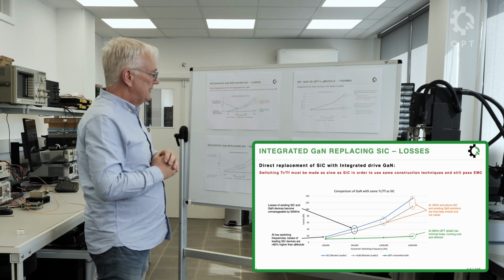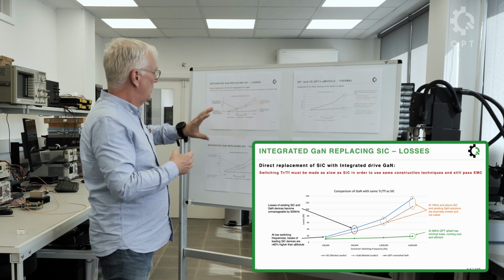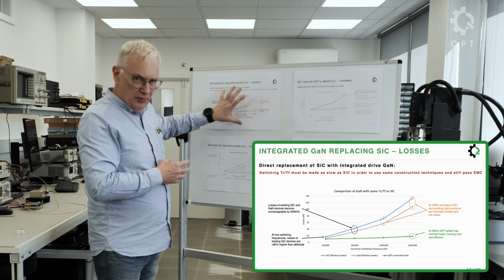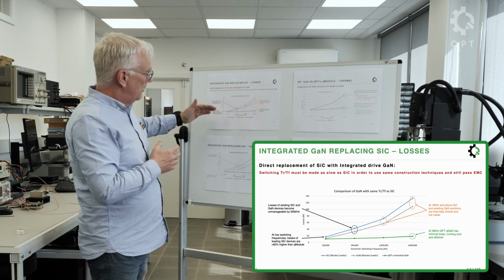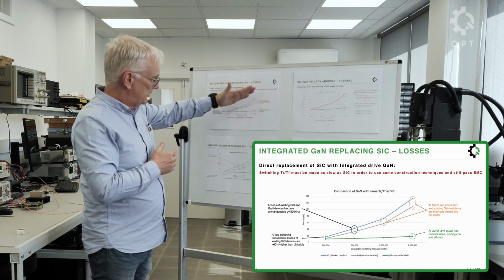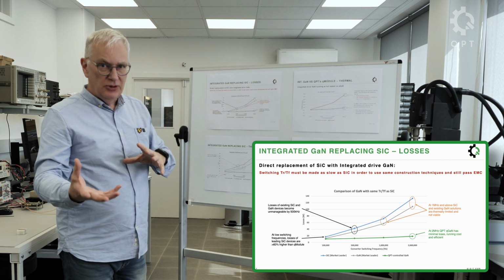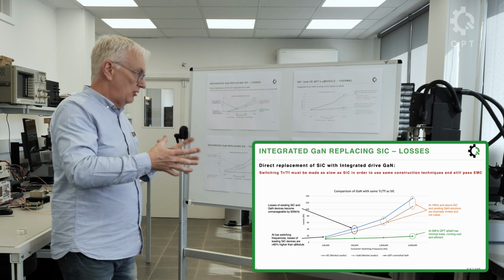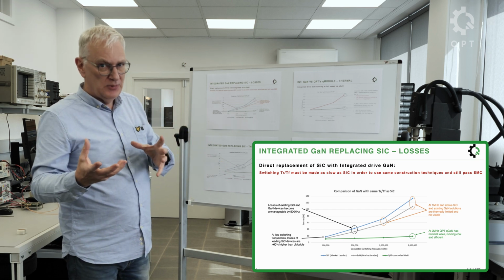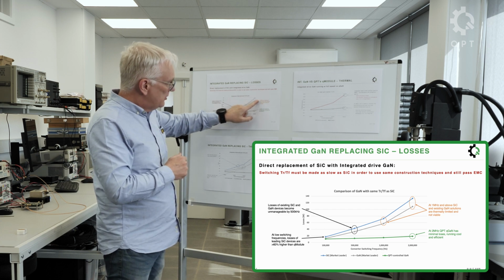The problem with that is, if you look at this graph, so this is for a specific, I think it's a 5 kilowatt converter, and we've worked out all of the power dissipation that you would get with a SiC solution, which is this blue trace at the top here. And then we've made the integrated GaN solution switch at the same speed as SiC, so it will make it look like it's a SiC transistor, so that you have the same EMC performance. And that's what you get here. So you get almost the same